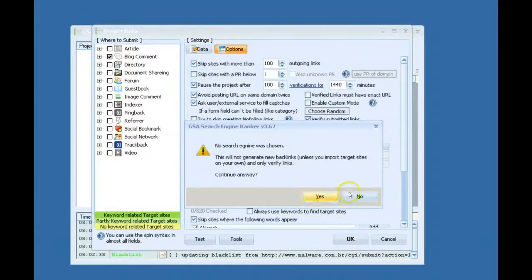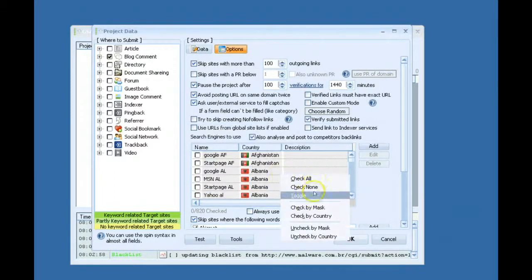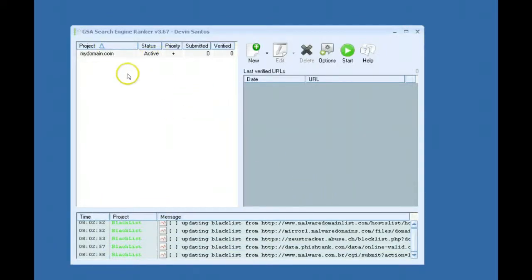So once you have, oops, I didn't select any search engines, but anyways. Okay, so we have that set up. This would be, let's say this was the money site campaign that I showed you previously how I set up. Okay, so once this has been running for a little while, and say I have a few verified links, so now I want to strengthen those links. What I can do